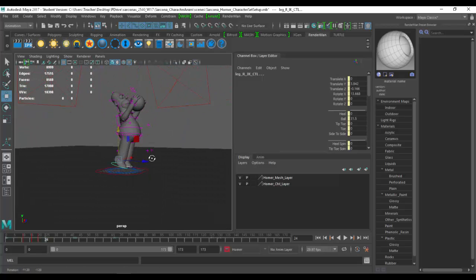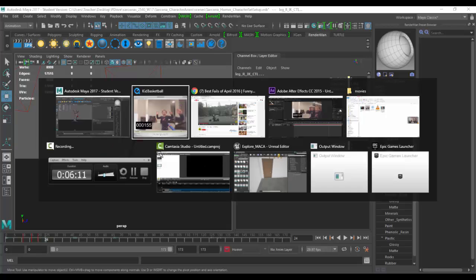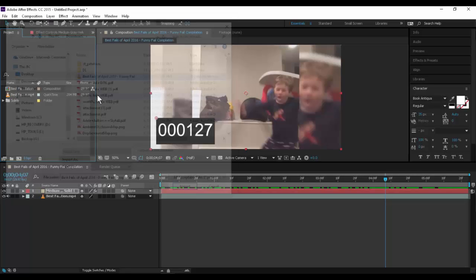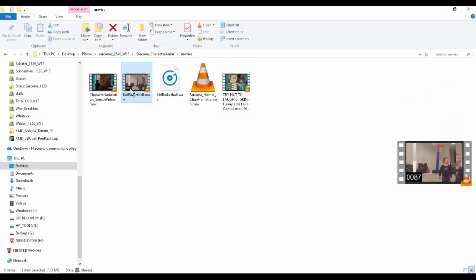And then once you're done, then you render it out, just like we rendered out everything else. And then you'll put it back in After Effects, add your audio in there, because you still should have your audio. So you'll go through your rendered animation, you'll go through your audio, put them together, render it out. You should end up with a nice little movie like...